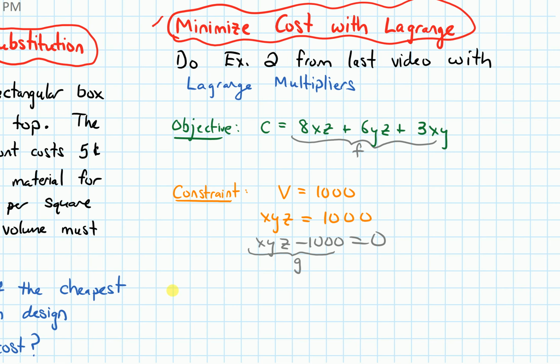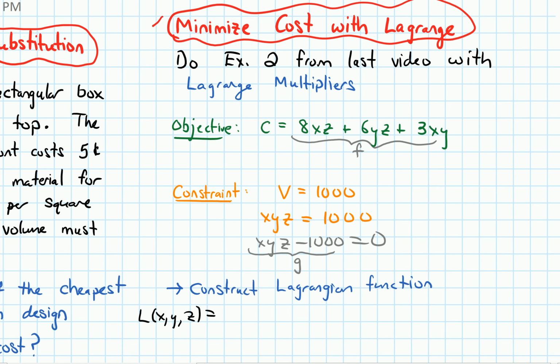So now we are ready to construct what we called the Lagrangian function. Lagrangian function just means the function that we use when we do Lagrange multipliers. So recall we call that L for Lagrangian. There's going to be 3 variables that this is in terms of now. There's an x, a y, and a z. And the formula for it, recall,